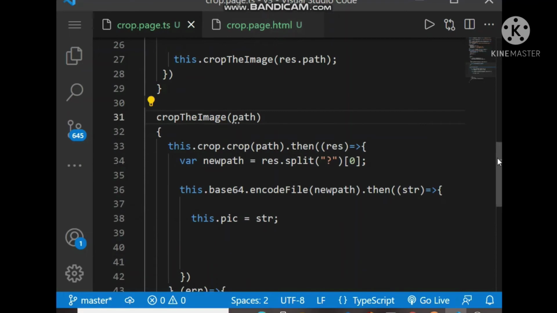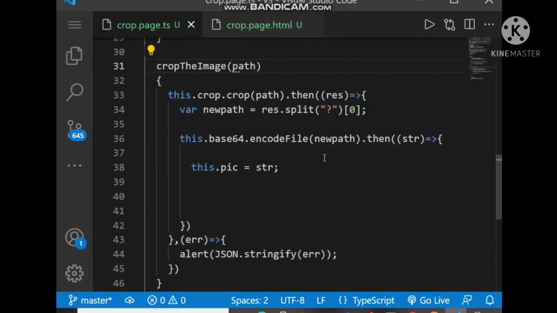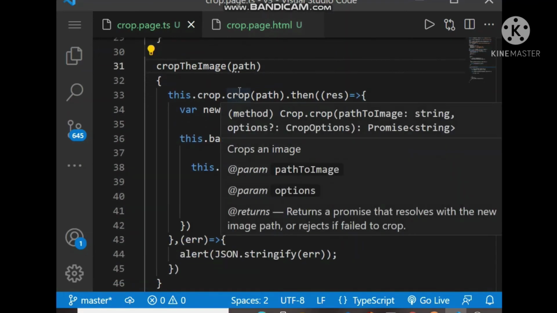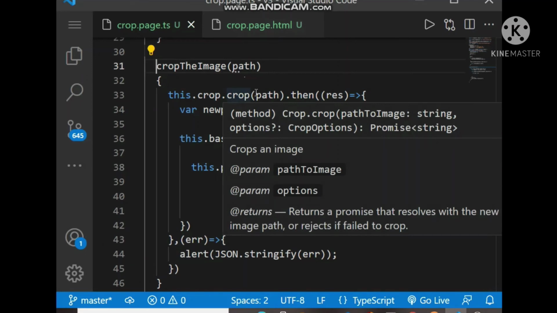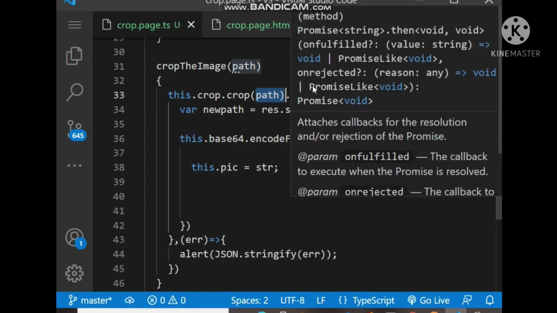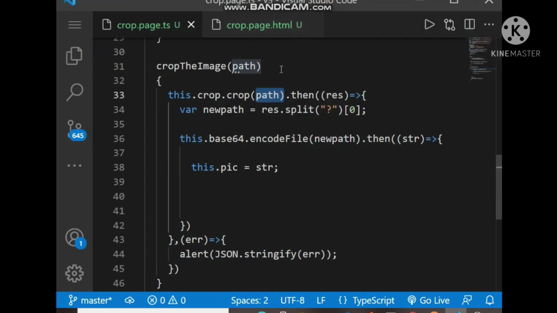So this is the crop image method, and we use the crop method, and in this I put the path as a parameter, and then it returns the cropped path of what we cropped on the app. Actually it returns the path with a question mark, so we have to split on that question mark.